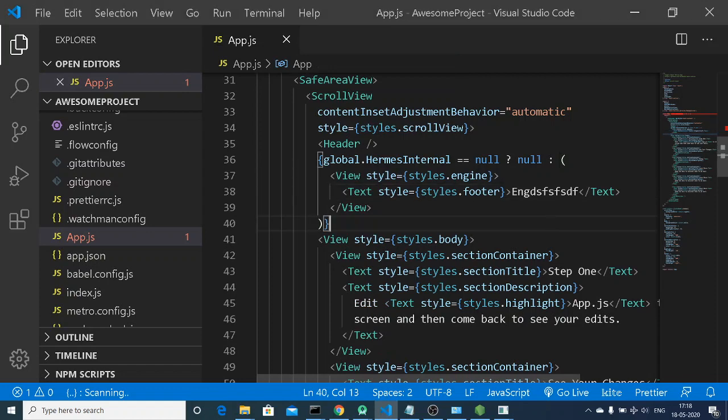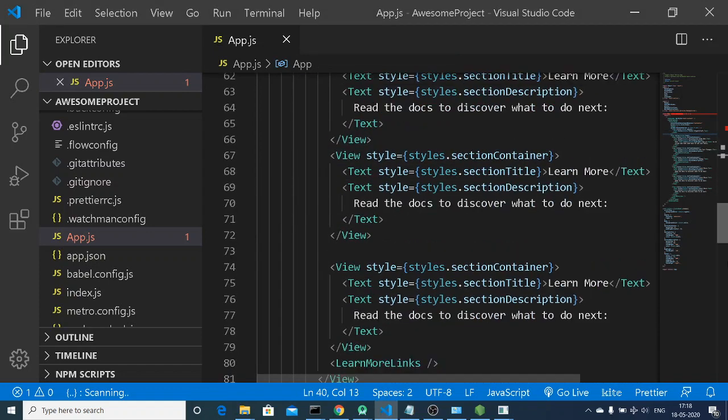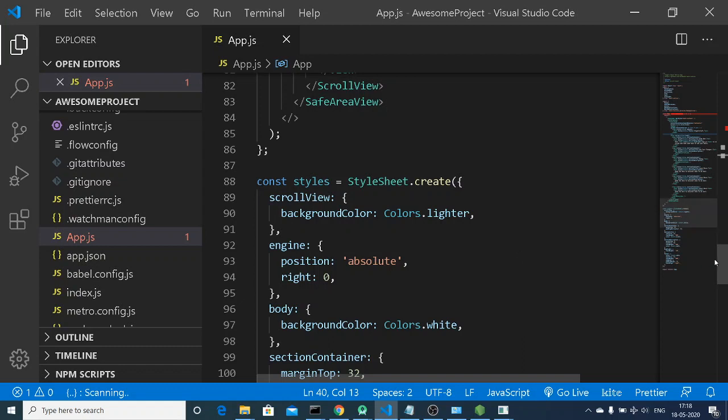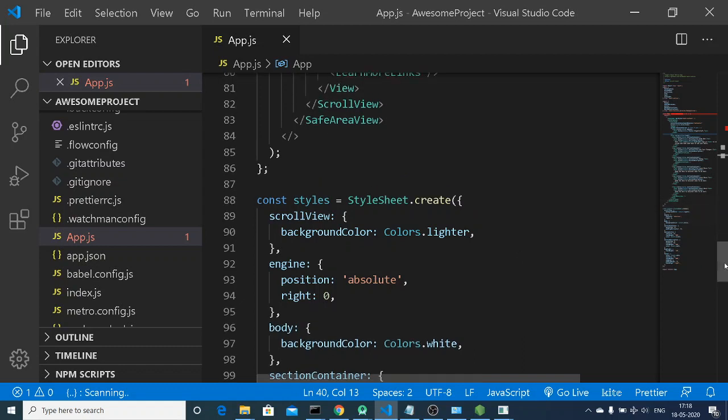I think that this was some kind of condition. So let me just add an element. So here, first of all, let me just change the background color to red.